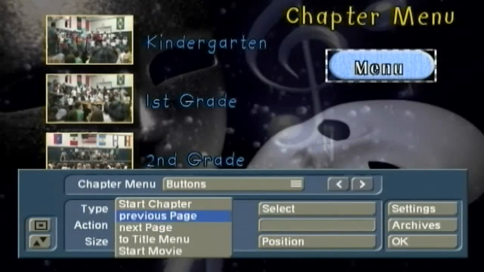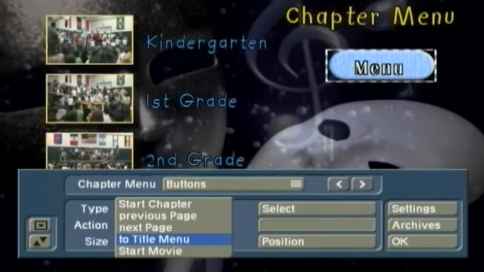You can go back to the previous page if you have more than one page of chapter menus. You can go to the next page, the subsequent page, but here's what I want, to go to the title menu. Those of you who have purchased and benefited from my Casablanca Foolproof Volume 2 tutorial, where I go through all the capabilities and all the buttons in Arabesk 4 software, and there are a lot of them, know that